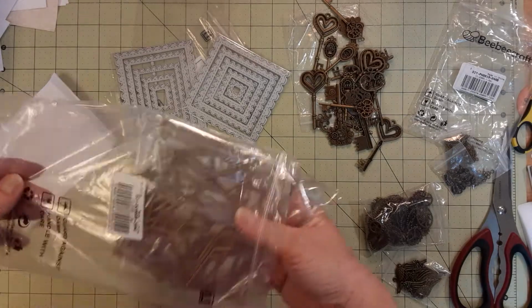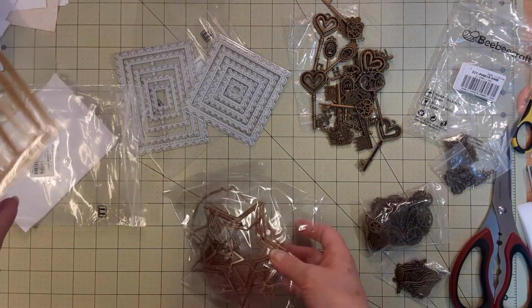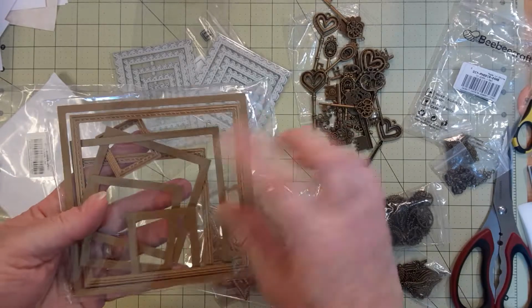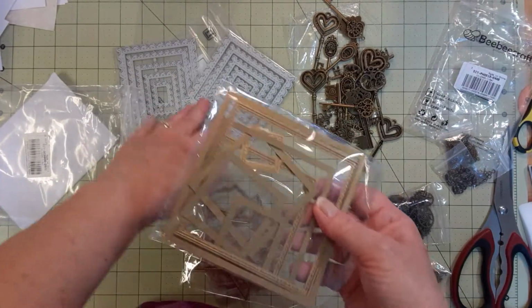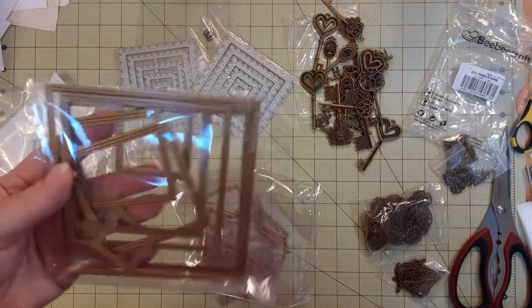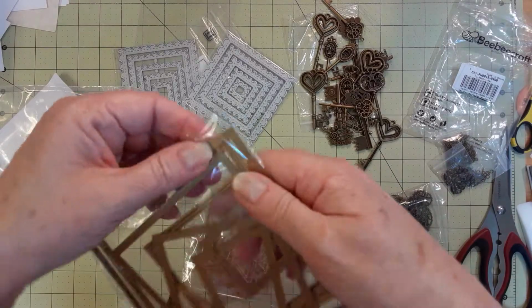And again, I'm not really sure what I was expecting, but yeah, that was what it looked like on the. I've never gotten them brass. They've always been this, but the color of them is brass on the picture, because I printed out my order, and